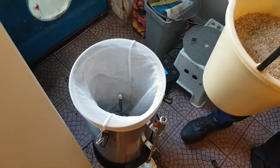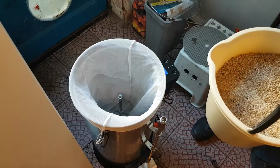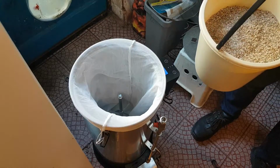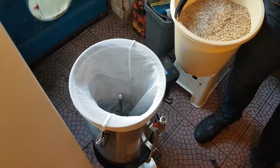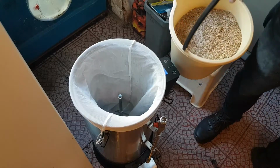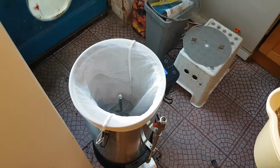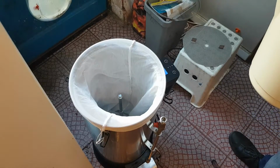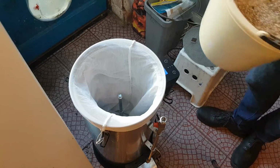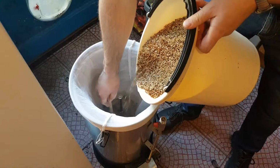Right, let's find my spoon. Okay, well I was going to use another spoon I found on the side. I know we've got a big long spoon here somewhere. Oh well. Anyway, as ever, just agitate the water as you're